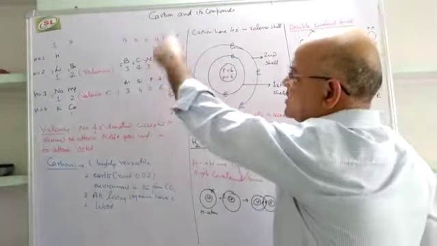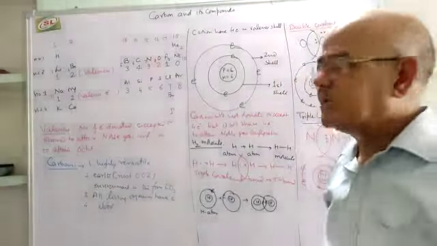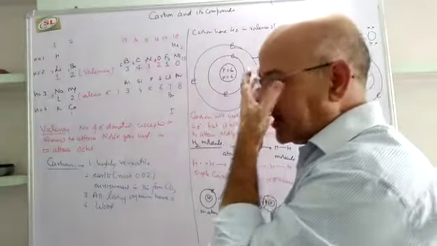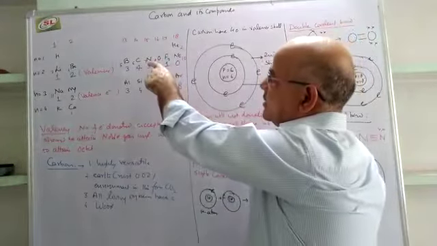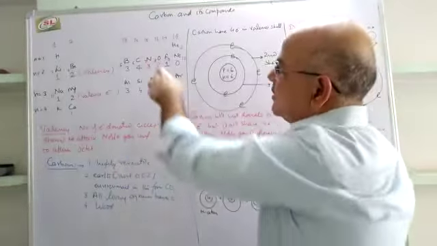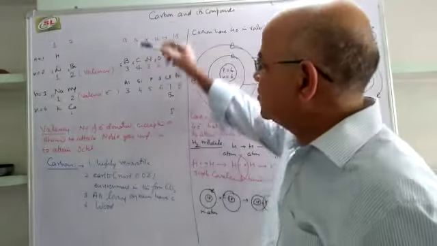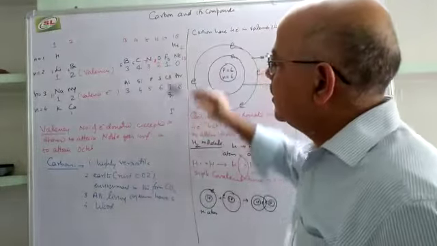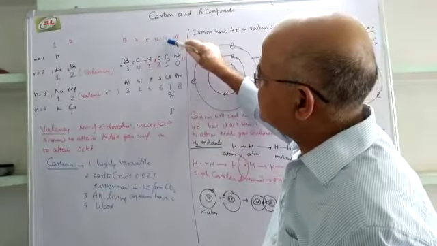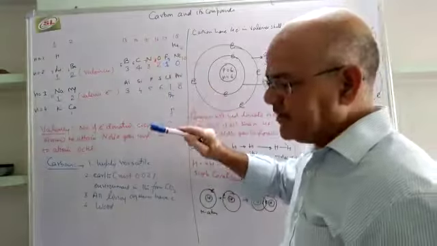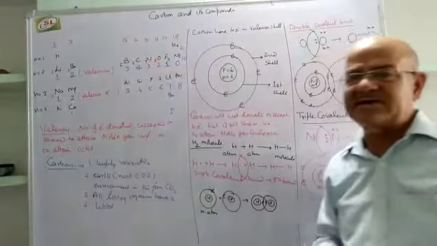In the case of nitrogen, atomic number 7, nitrogen will accept 3 electrons and attain the neon gas configuration. So the valency of the 15th group is 3. The same case we can see in the 16th and 17th groups, having valency 2 and 1 respectively. The valency of noble gases is 0.